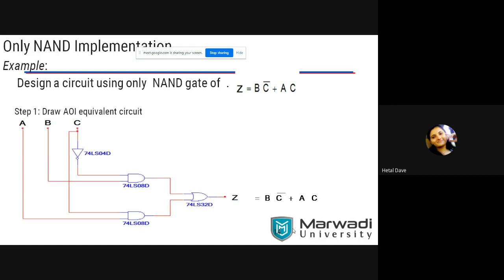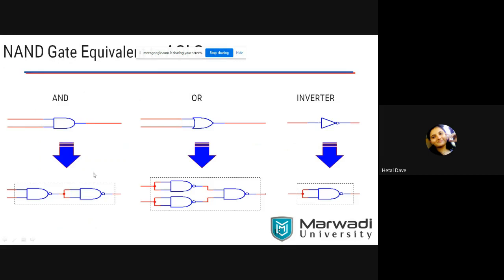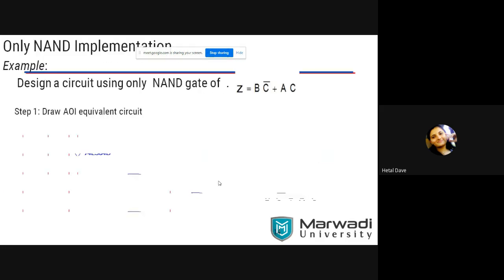Yes. Second step, over here, we have started our topic from here. AND gate, NAND gate equivalent circuit is this. Vishnu, are you getting it? Yes. OR gate, if you make the connection of NAND gates, you can get an output which is equivalent to the OR gate. And inverter, if you make this kind of connection of NAND gate, then the output will be equivalent to an inverter. First of all, is it clear? Yes.